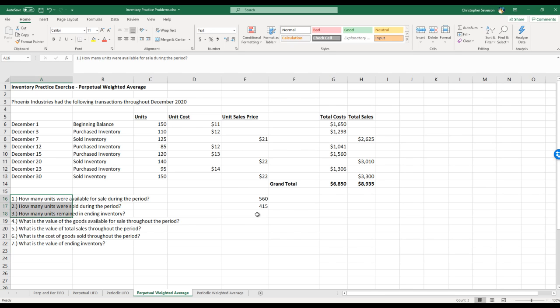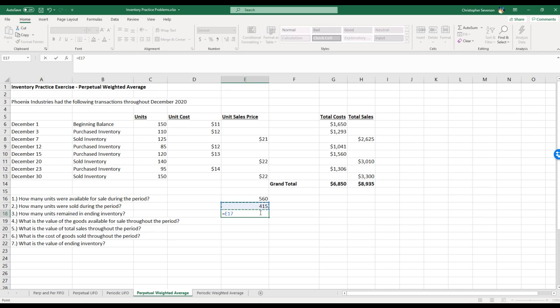It's just units. Number 3, how many units remained in ending inventory? If we had 560 and we sold 415, we apparently have 145 in ending inventory. You just subtract the two. So pretty quick